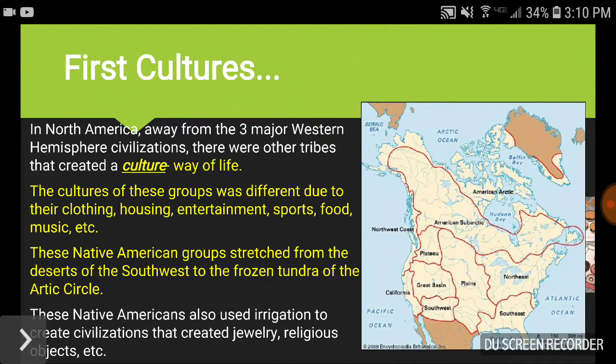Because again, these Native Americans are going to move or live in different regions, from southern Alaska, or just basically Alaska, all the way down into the Southwest, where Southern California and Arizona are all going to be located. So pay close attention to how these Native Americans live differently and have different cultures or a different way of life. Disclaimer, most of these Native Americans are going to use irrigation. So there is one similarity in that these Native Americans are not always going to be wanderers or nomads. They are going to have a specific set of civilizations where they have structured government and structured religion, and that's going to be due to irrigation.